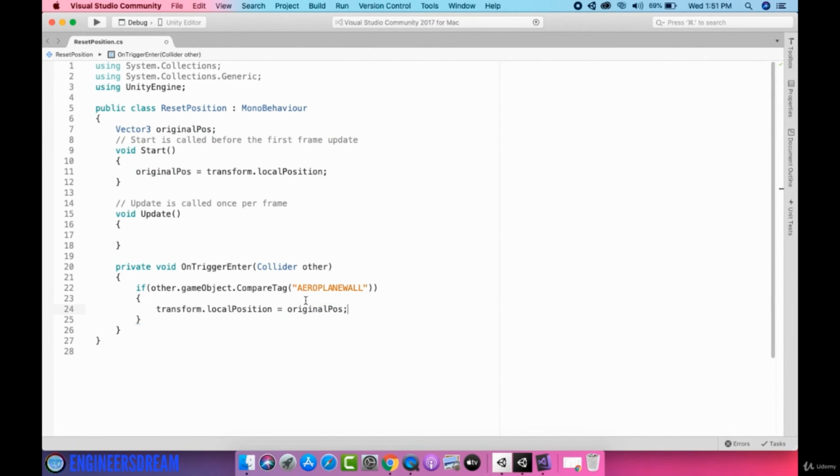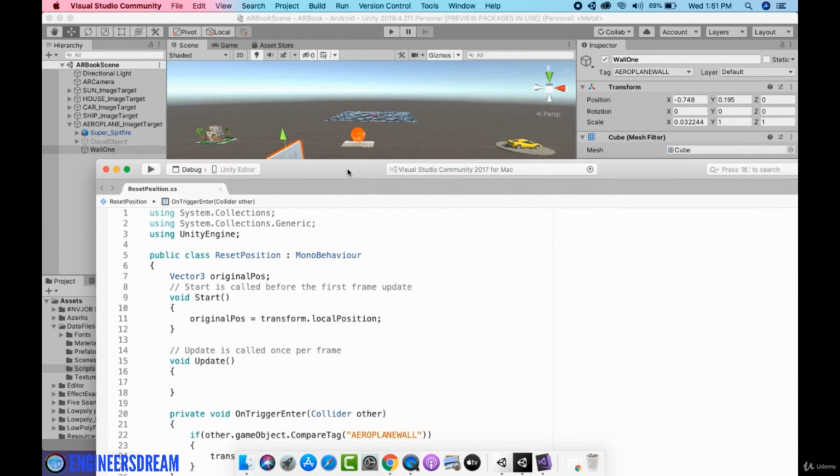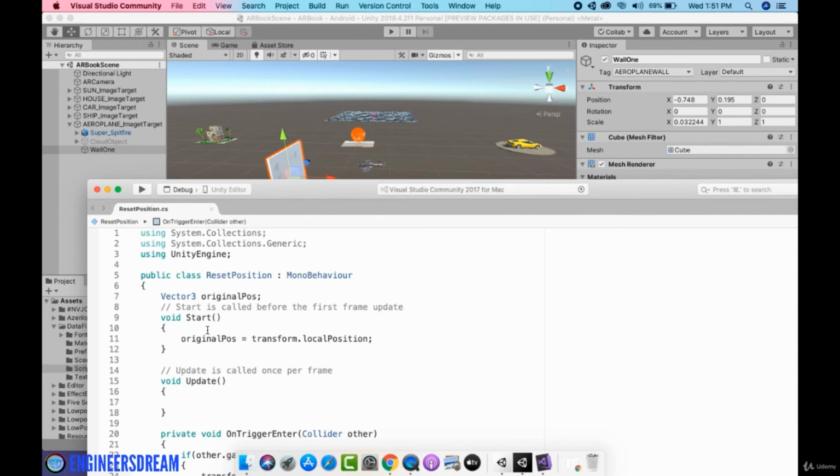Okay, so my program is basically complete, and let me explain this entire program once. Initially, when the application starts, we are storing the position of the aeroplane model. That is, we are storing the default position of the aeroplane model from transform.localPosition to originalPosition. And as I've explained a few minutes back, with the help of the transform.localPosition code, we can find out